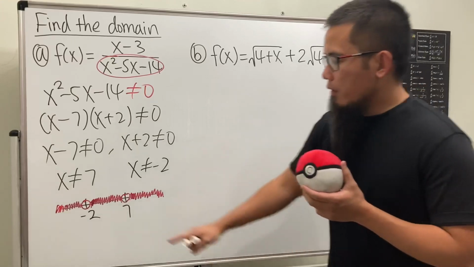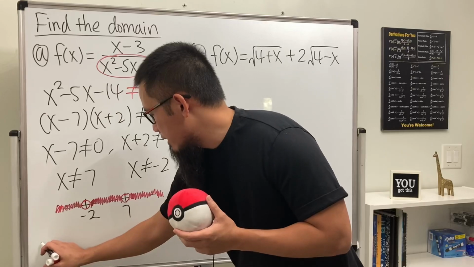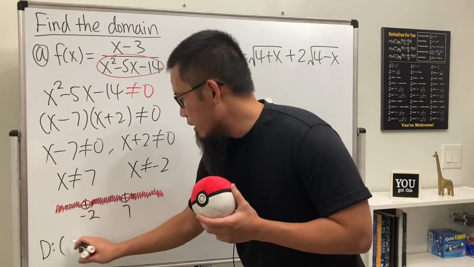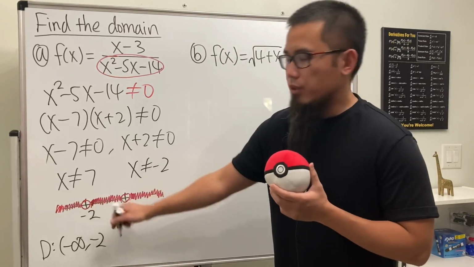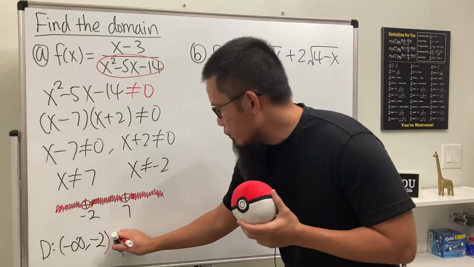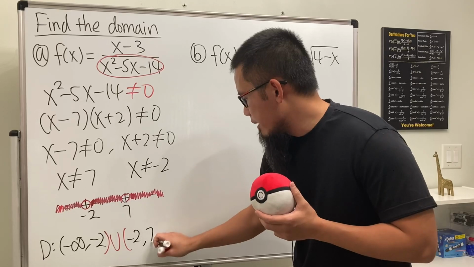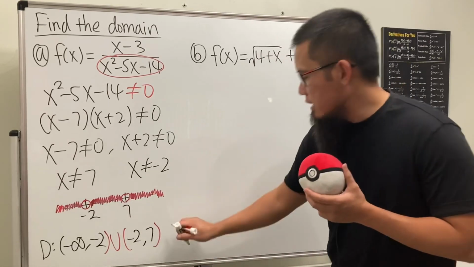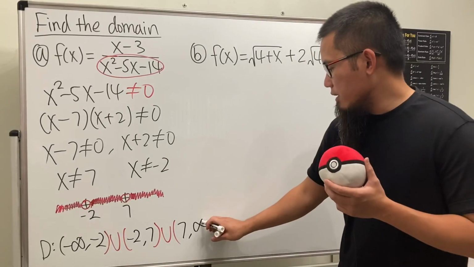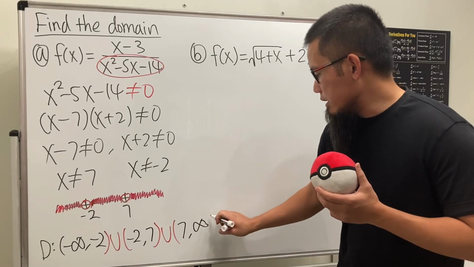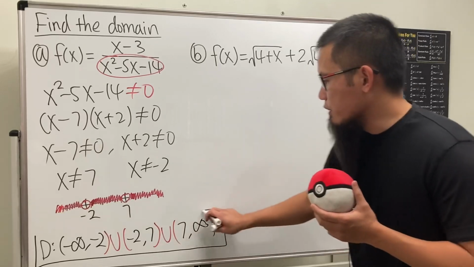So as you can see, we actually have 3 pieces, and we just have to use interval notation to write them down. For the first one, we go from negative infinity to negative 2. So let me write this down real quick for the domain. We start at negative infinity, and then we end at negative 2. But we do not include negative 2, so put down a parenthesis. And then union, the other piece, going from negative 2 to 7. And then we don't include the 7. And lastly, we go from 7 all the way to positive infinity. And for the infinity, you always use parentheses because you can never include infinity or negative infinity. So this right here will be the first one.